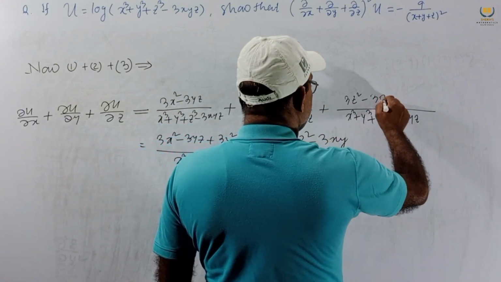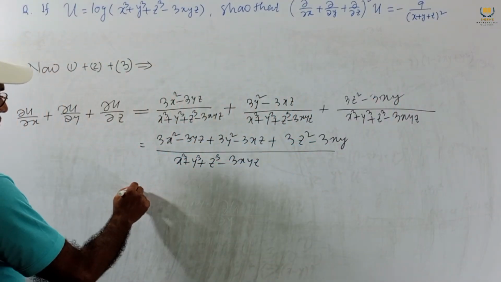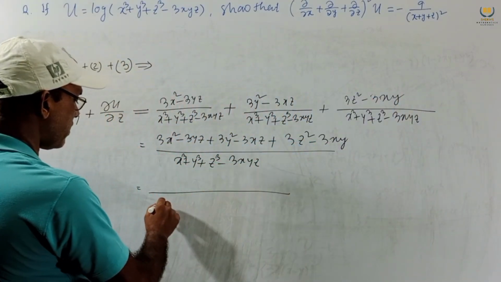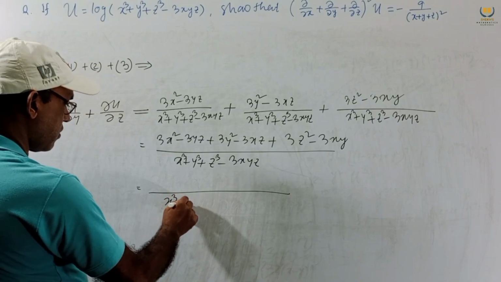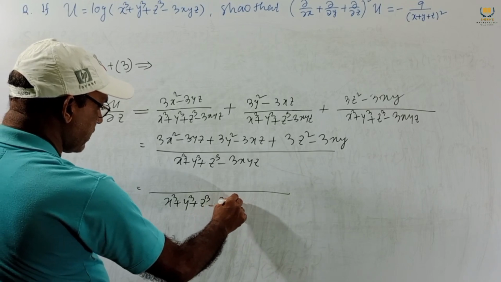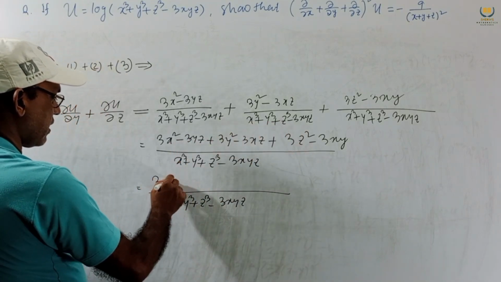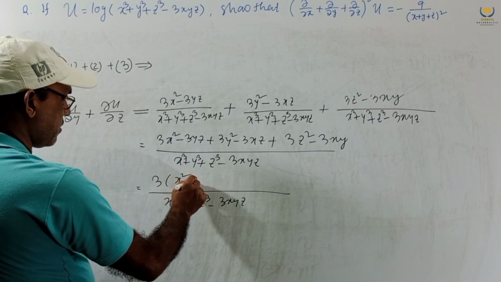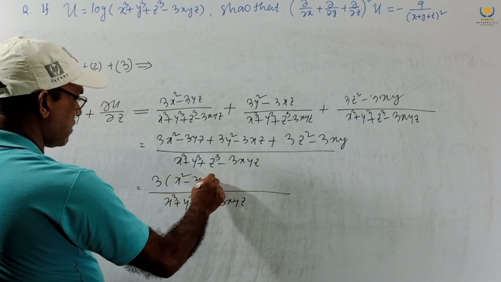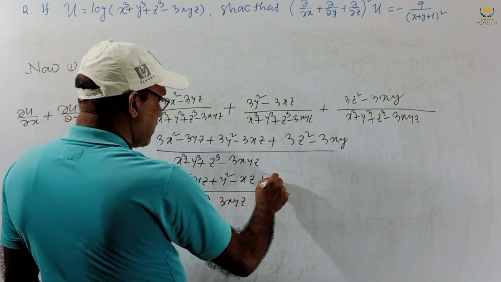From the numerator we take 3 common, all the terms 3 common, then we get 3 times x square minus yz, y square minus xz, z